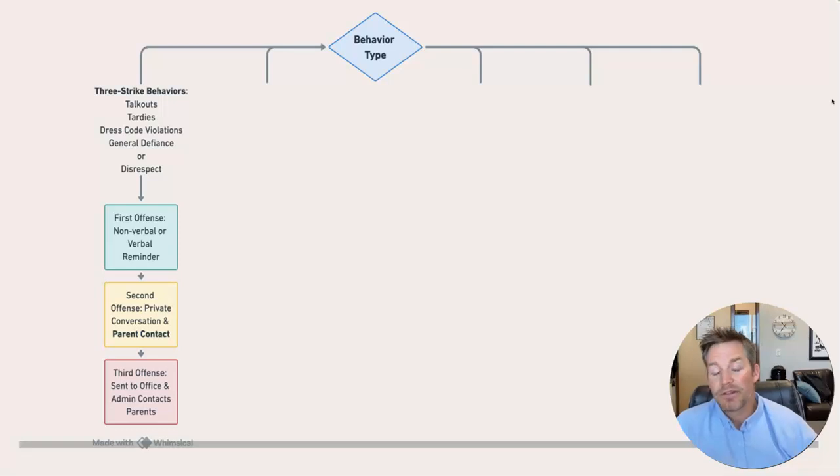On their second offense, maybe they're talking out again, or you've already talked to them once about the gum. This is the second time. This is a good time to, at an appropriate point in the lesson, if possible, pull them out into the hall. Have that private conversation with them. Let them know that, hey, this behavior, it's a pattern now. I see it. We've got to correct it. Let them know that you're going to follow up with their parents. Send them a quick email.